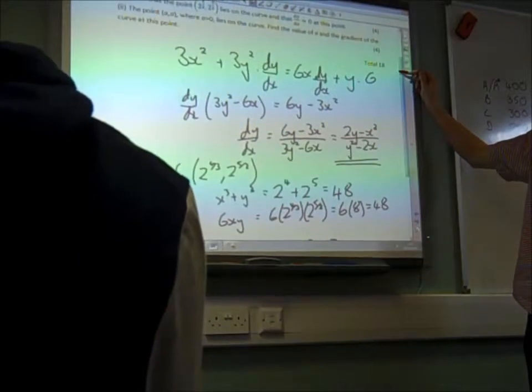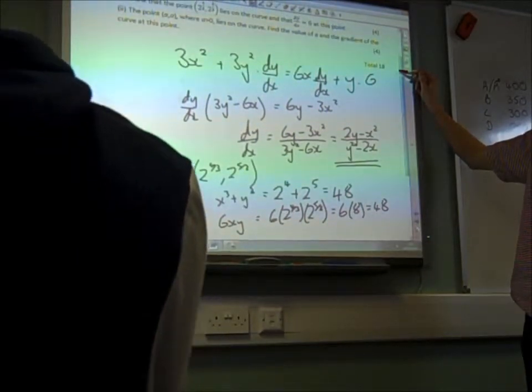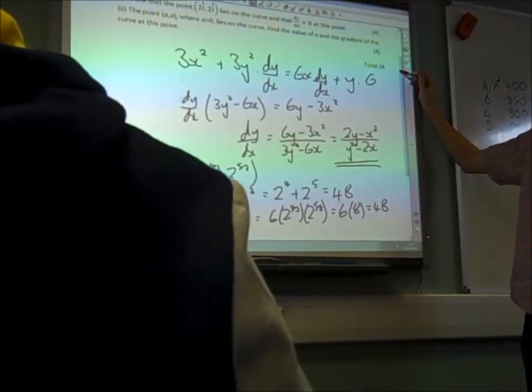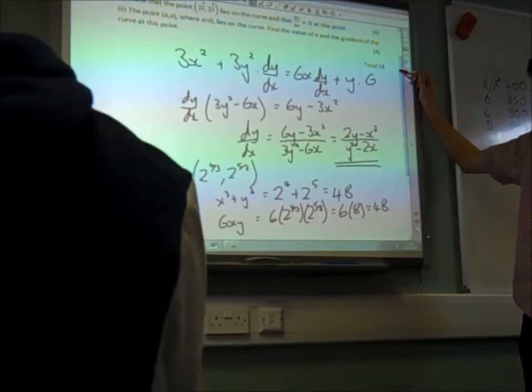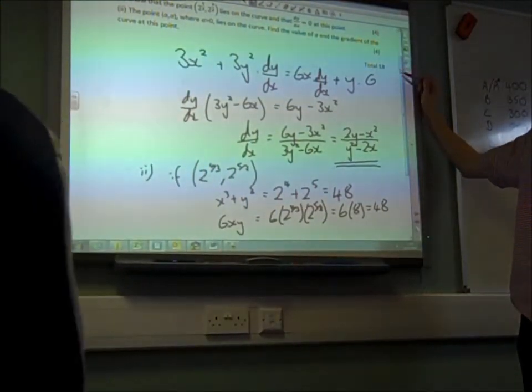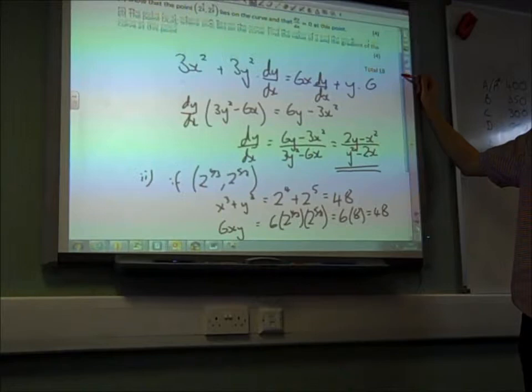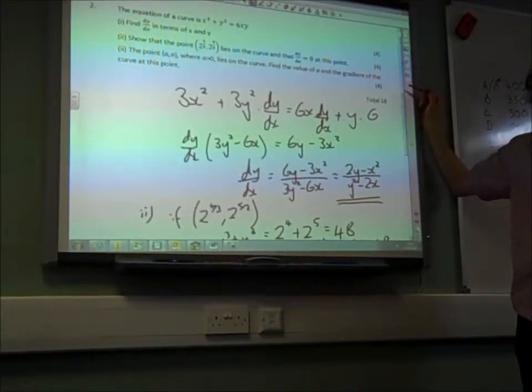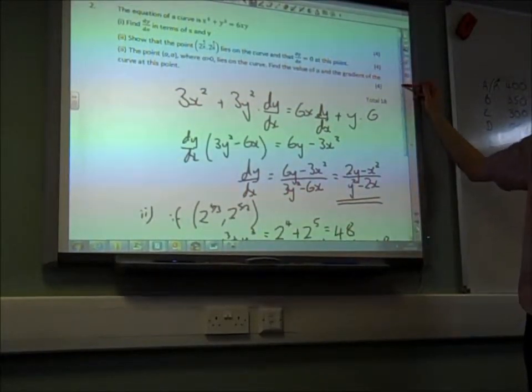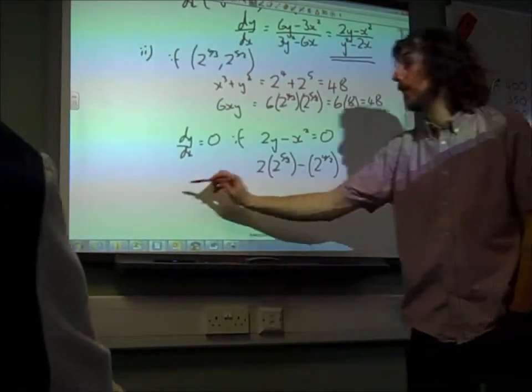And part 2, again. The point (a, a), where a is greater than 0, lies on the curve. Find the value of a and the gradient of the curve at this point. Well, (a, a), that's the point where x equals y, isn't it? So if we sub in the point (a, a),